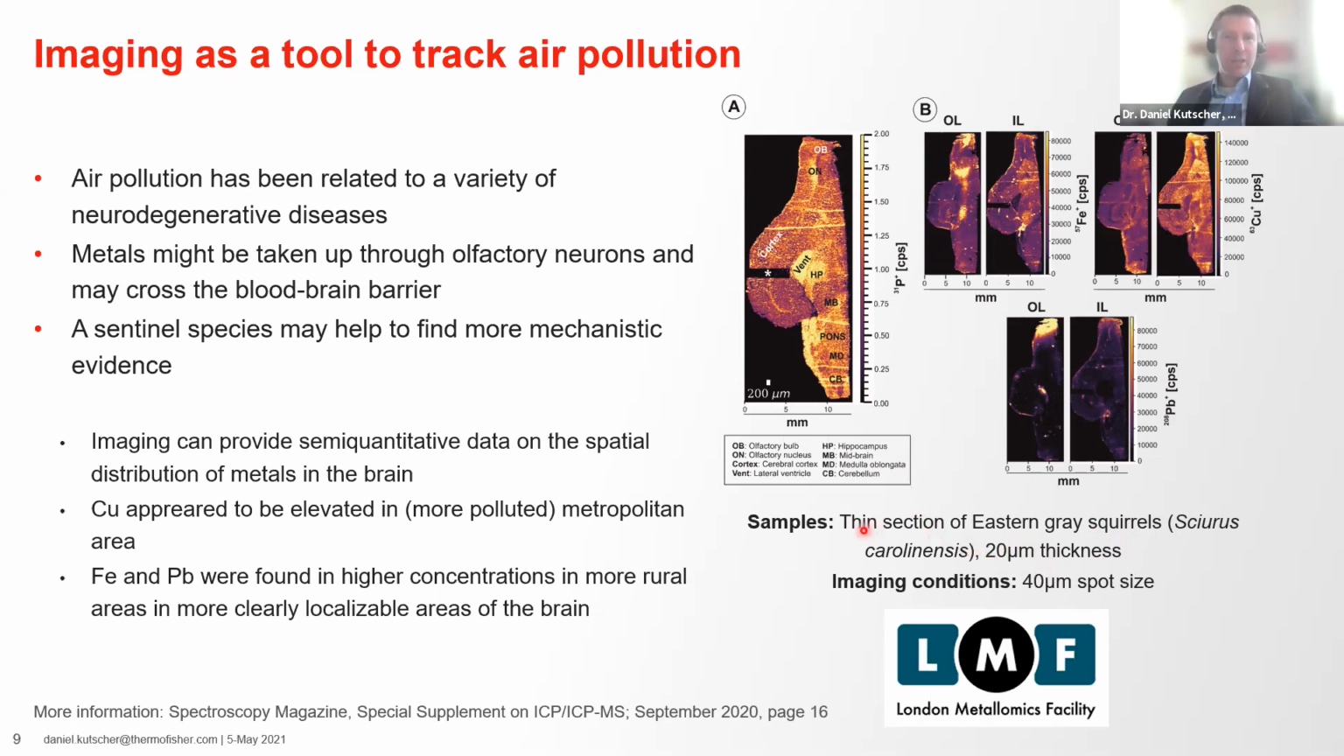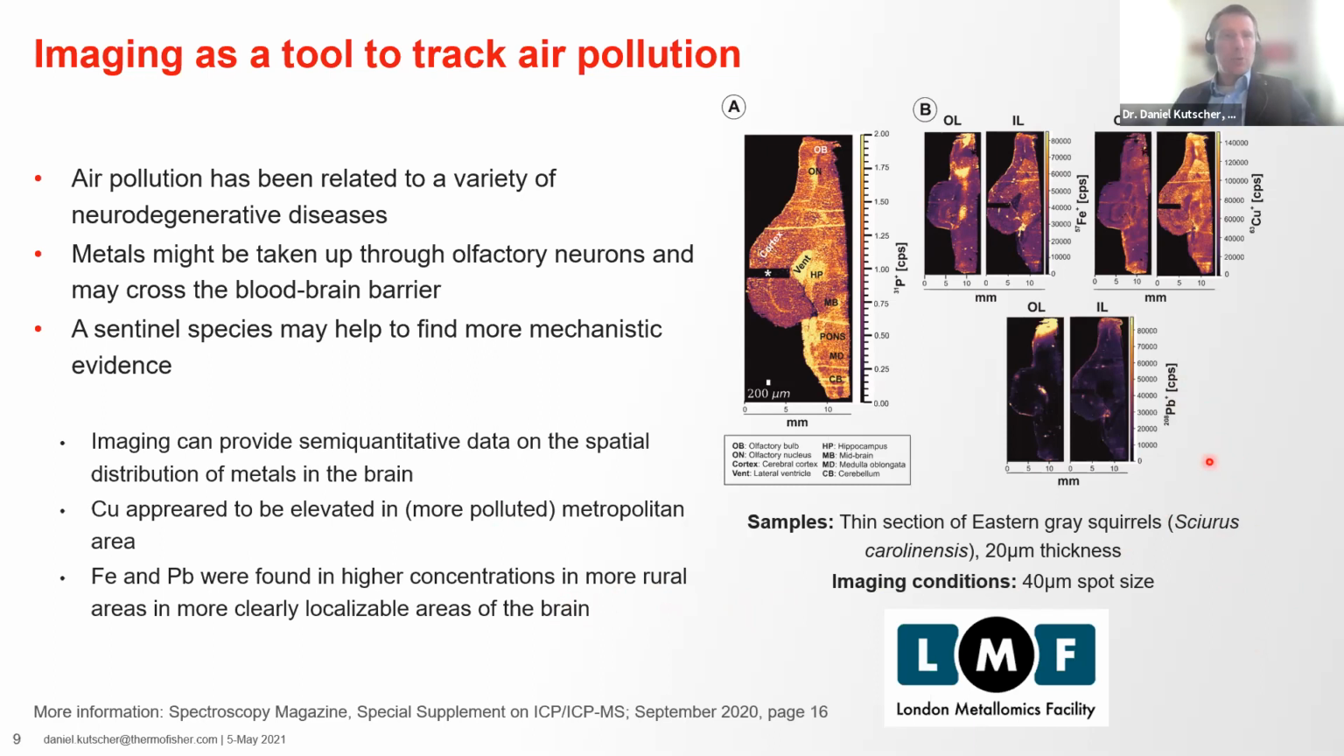degenerative diseases here. So in this case, what you can see here is images of thin sections of eastern gray squirrel brains. These images were created from animals that weren't harmed by any means. They were captured anyway in order to control the population, but they were very useful in order to provide an understanding about how these metals could potentially get into the brains of them and how